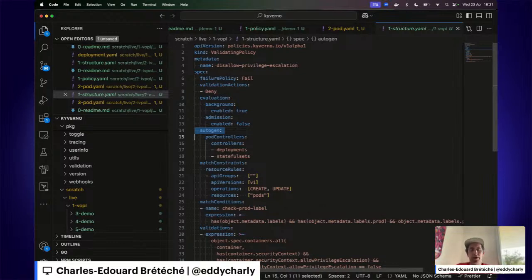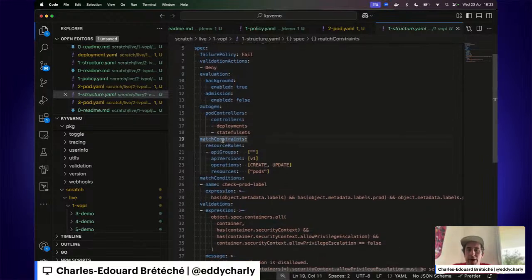Like you can define a policy for pods, and Kyverno will automatically create the equivalent policy for deployments, stateful sets, cron jobs, and so on. Basically, all pod controllers that can create pods. So if your deployment is valid against the policy, it's probably the case that the pods the deployment will create will be valid too.